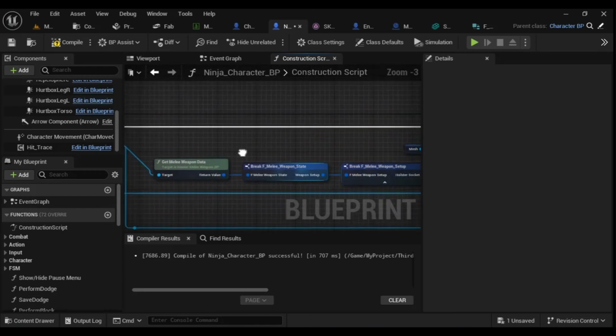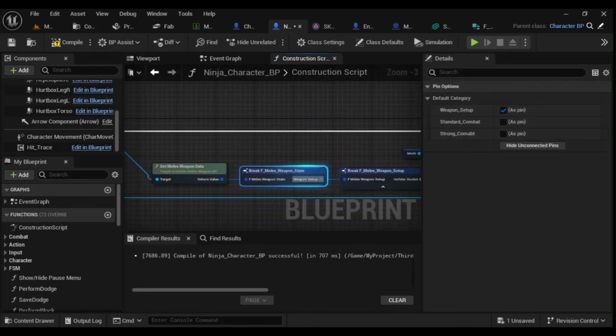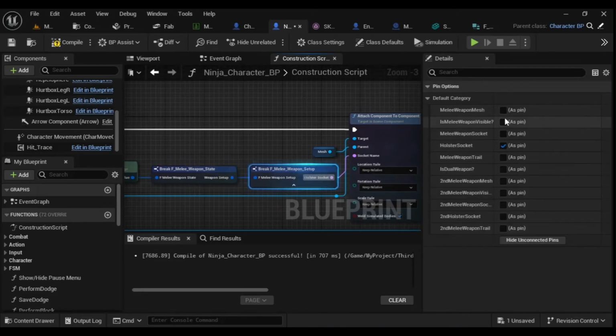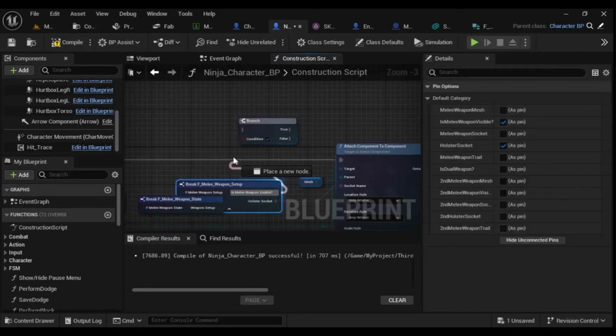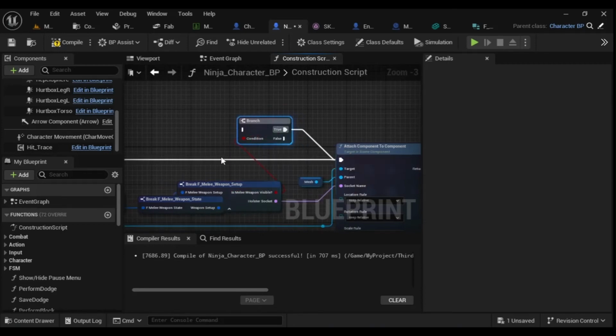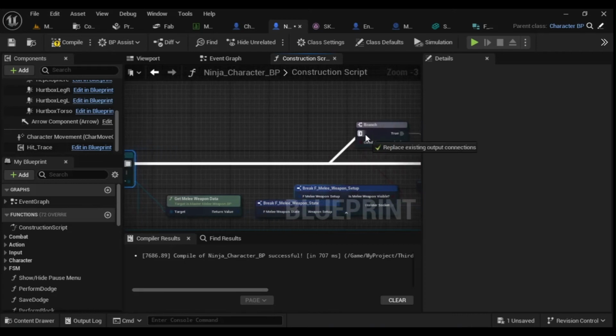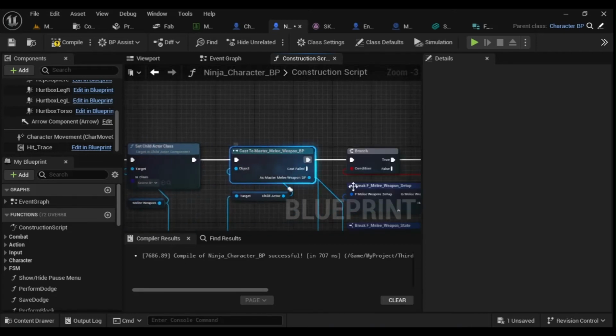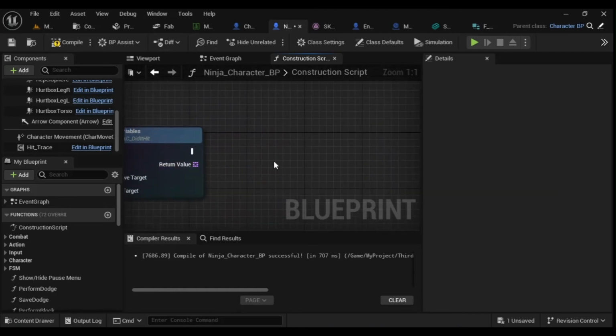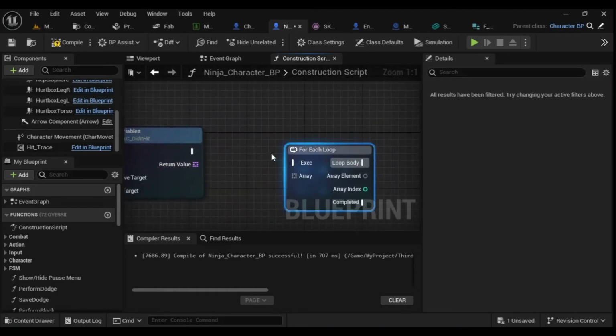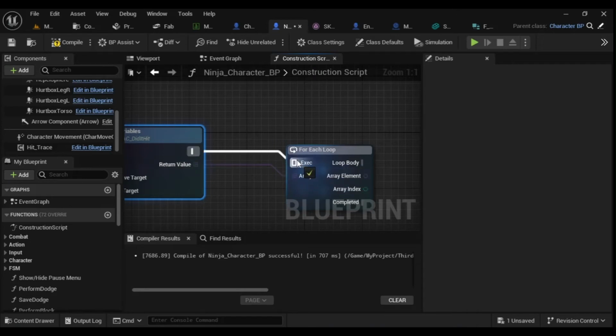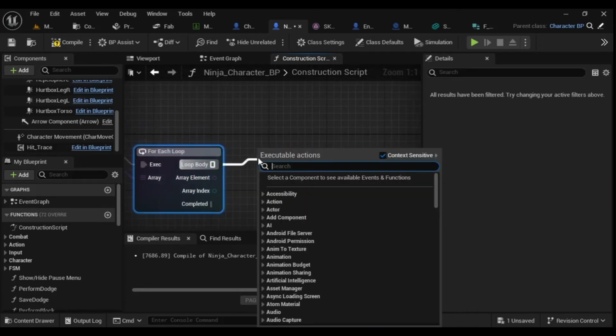But that's only true if the melee weapon is visible. So to reinforce that point, I'm going to set is melee weapon visible to true, add branch, then from here I'm going to bring for each loop, set up a print string,